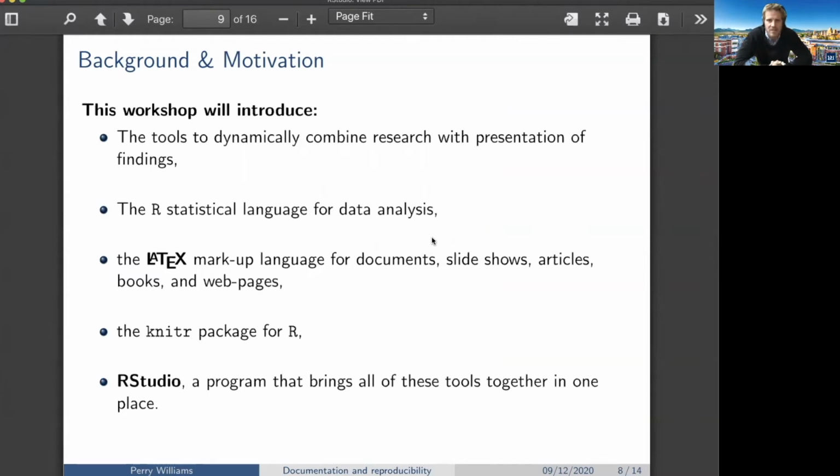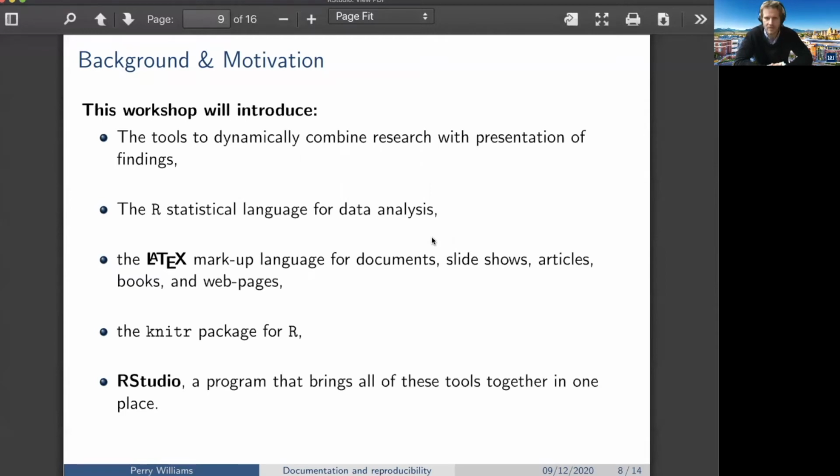As I mentioned earlier, this presentation was made in LaTeX in an article type called Beamer. And then we're going to use this R package, knitR, for R to summarize our R code into a document that LaTeX understands